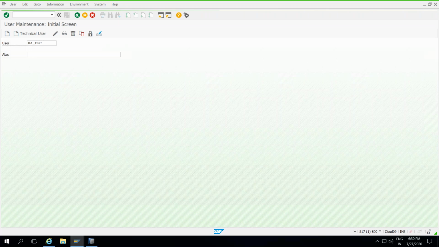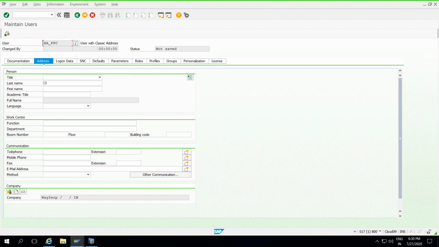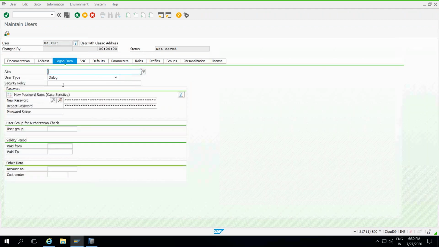The naming convention will be like this for better understanding: GRC12 and HANA. Last name, and get the login data 1, 2, 3.